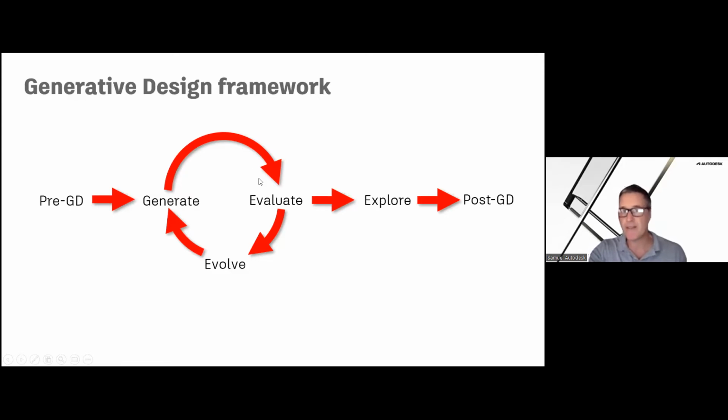You would generate that script against an object. Then from there, you can evaluate it. So the script is going to do the heavy lifting. Then it will allow you to evaluate, is this design cool? Is it not cool? Does it meet our requirements? You can then tweak the information and then rerun it again to evolve that script. And then finally load it into your design environment and then post it into your model. It's your post generative design outcome.